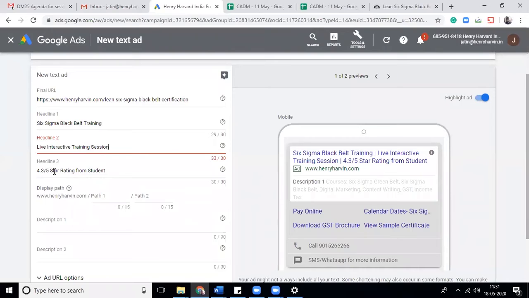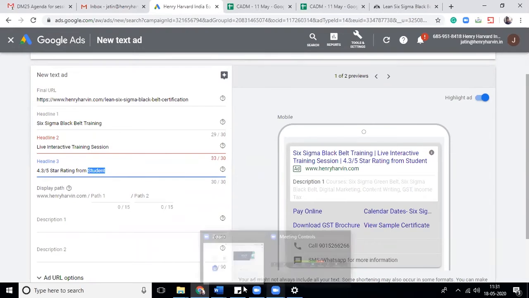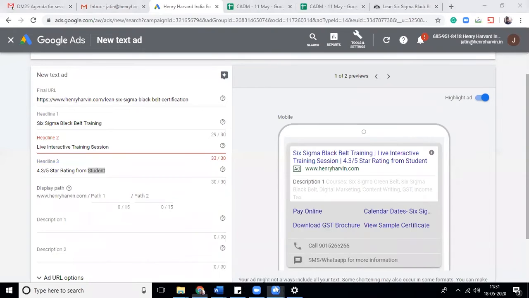And over here, rated among the top three courses on the site, Training 360. Primarily use your product, then your differentiation point, and then the trust factor. Is that clear how to structure your ad to everyone?